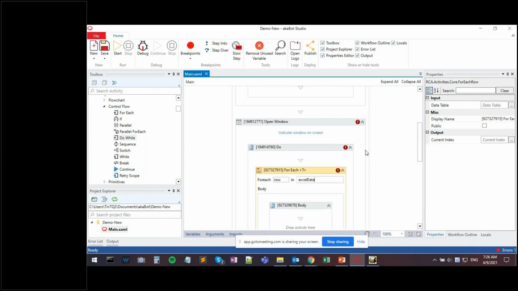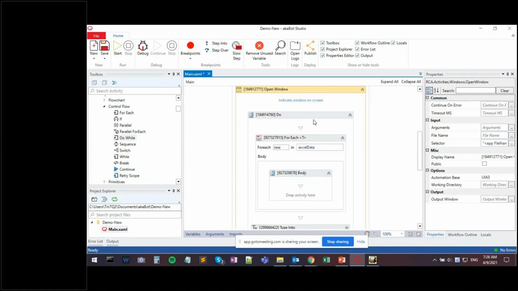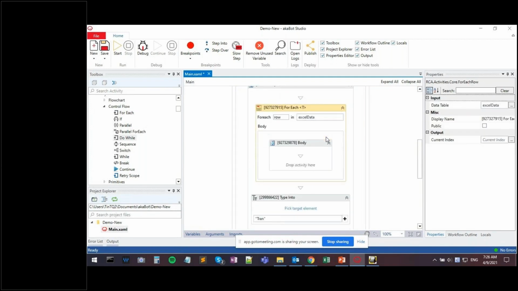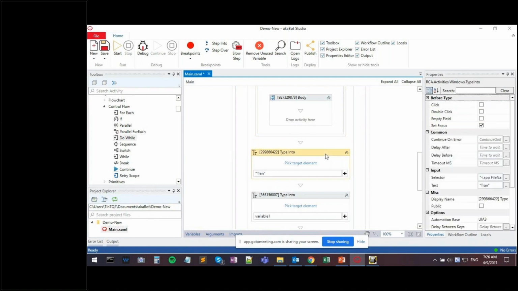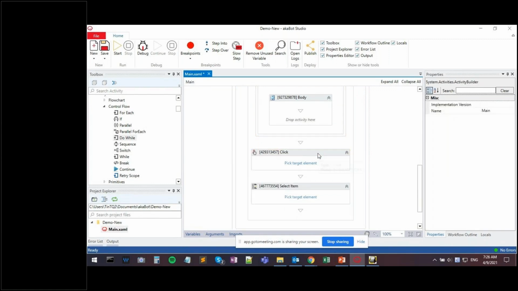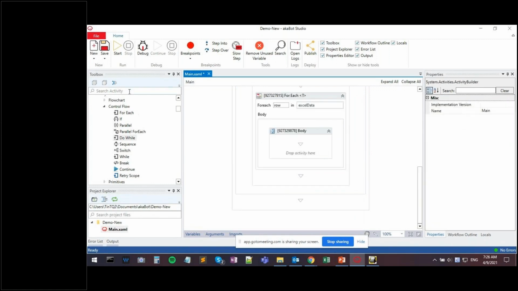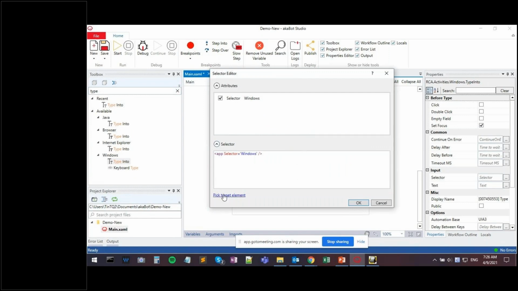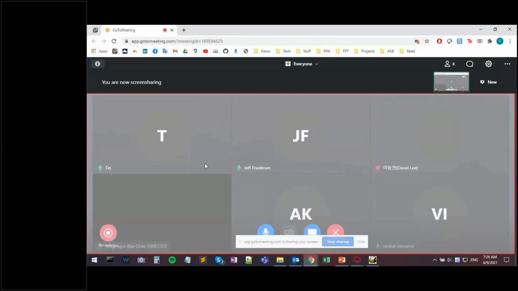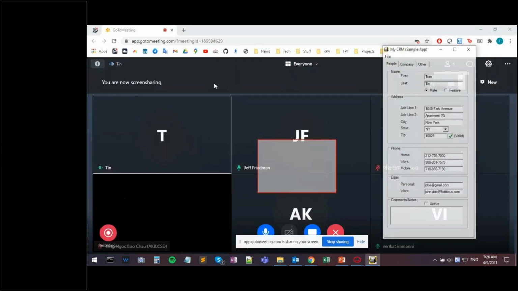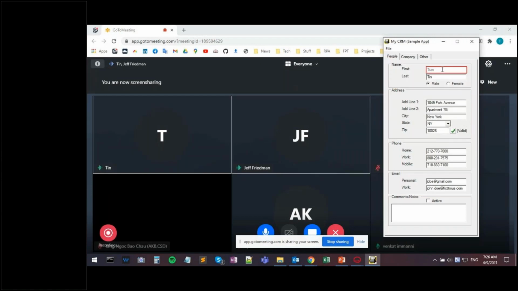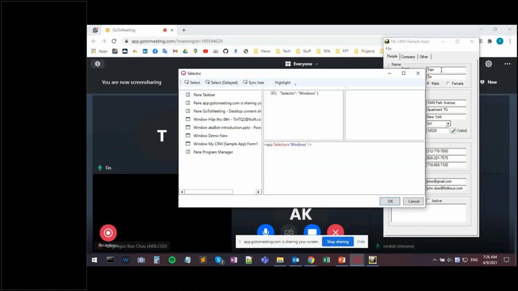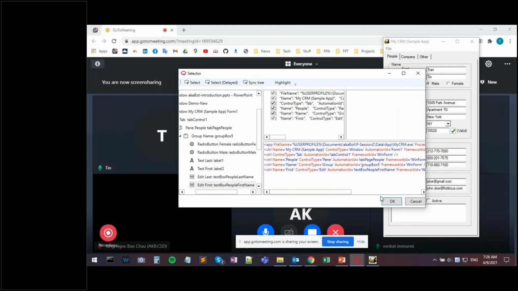So my idea is that I will open the application, and inside the application I will loop through my data. Now I will type into this again, this first name, click on OK,